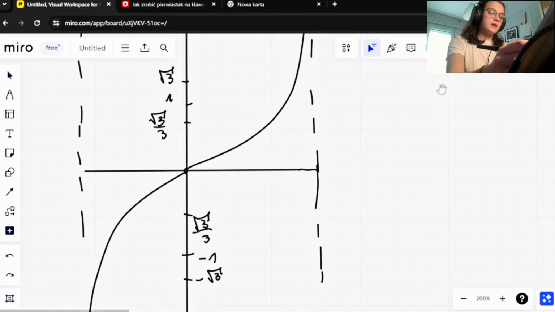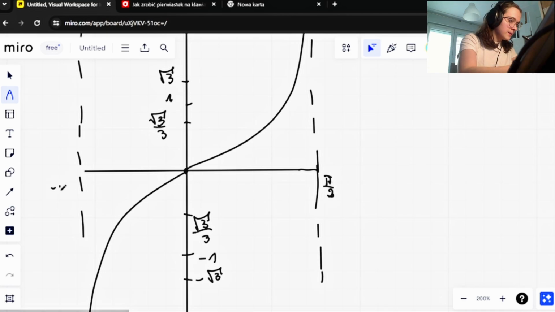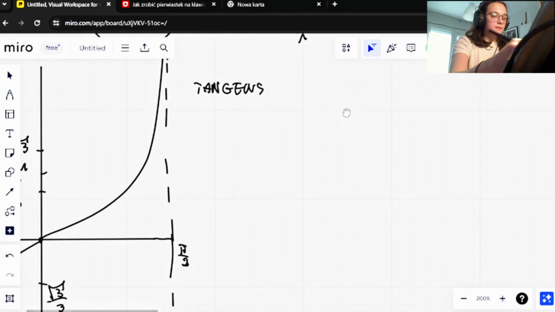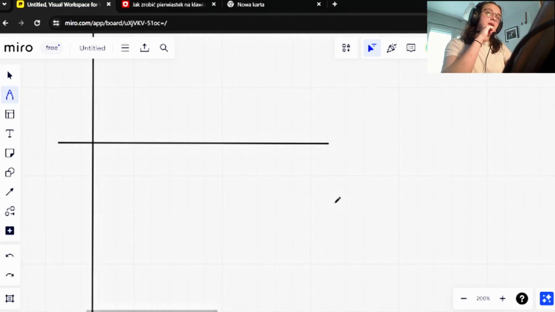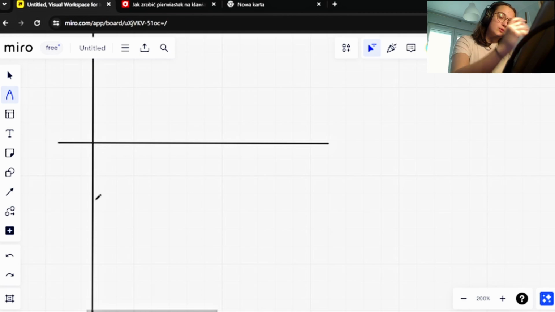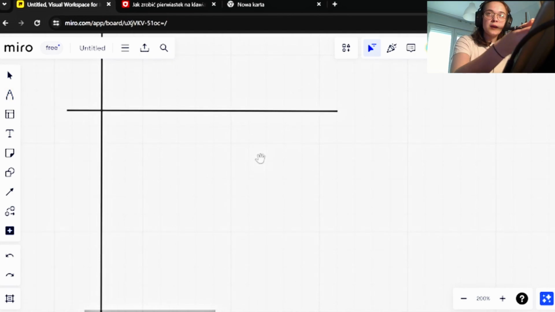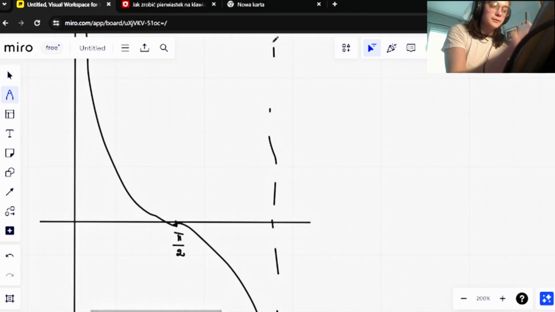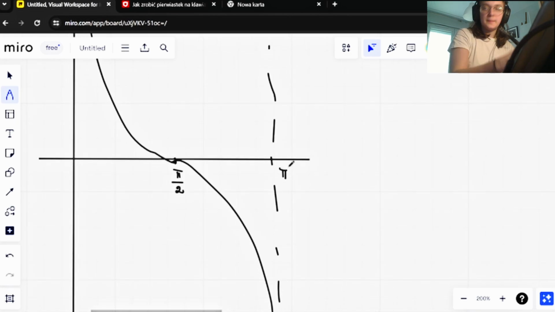So the line is where it's undefined. So it's undefined at P/2 and minus P/2. Differently from tangens, cotangens starts at undefined, and then it starts at 0. So the line here is at 0. I will just not be writing this, but it starts at P/2, where it's also undefined, is P. I will right now